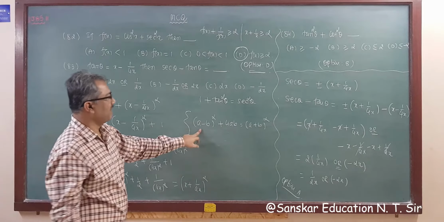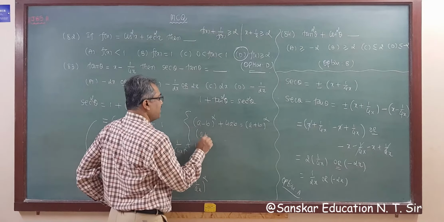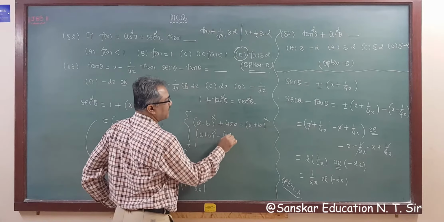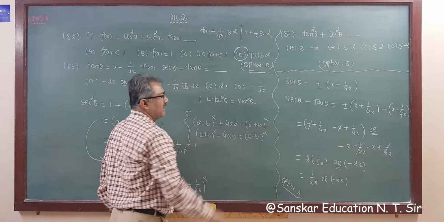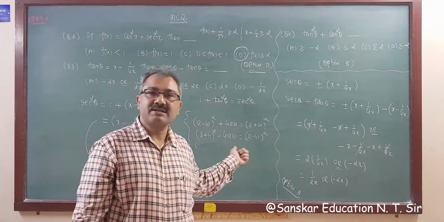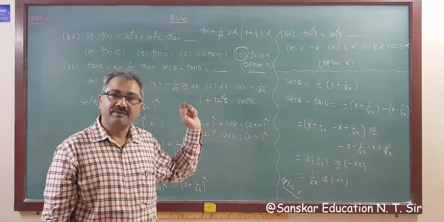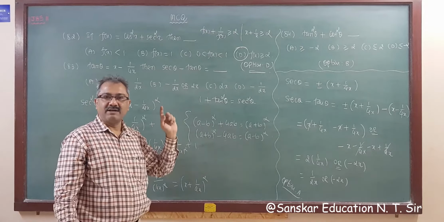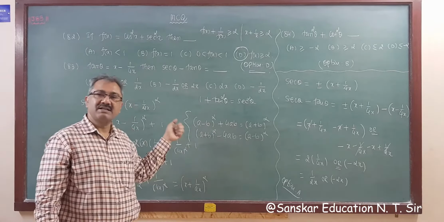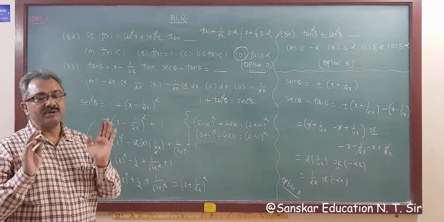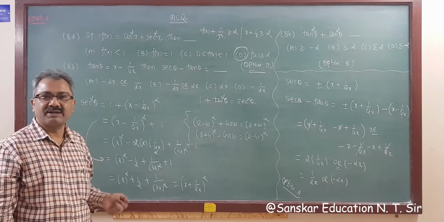So remember this formula. If here it is a plus b whole square, then we require minus 4ab, which is equal to a minus b whole square. We discussed this formula in our first lecture, in which course also we discussed this formula. So you have to remember this formula, because formulas are very important in maths for simplification.